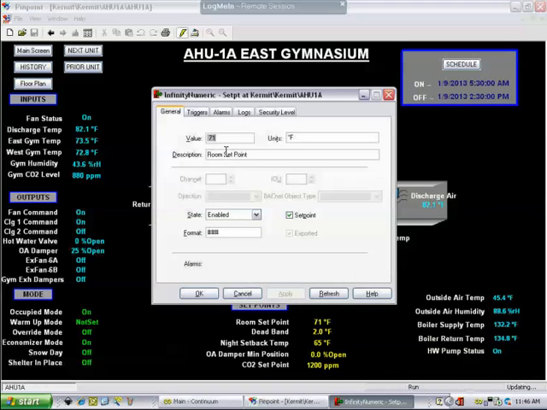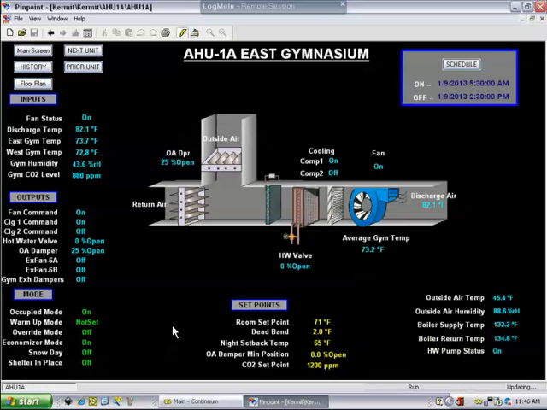Let's change that back to 73 as it was. And we'll say OK because I don't want it to stay there. Basically, that's how you change set points. Just remember to set these things